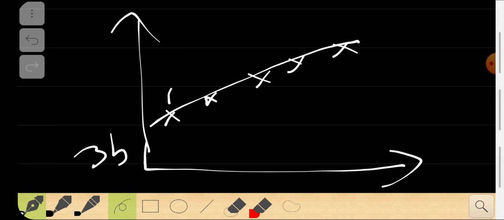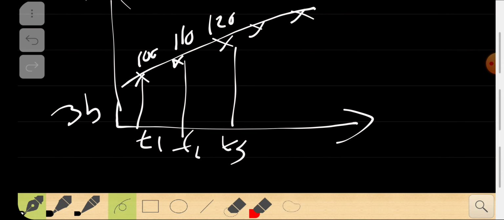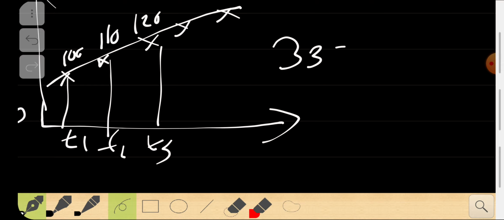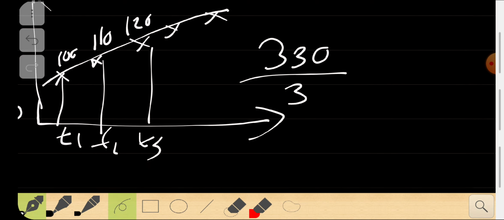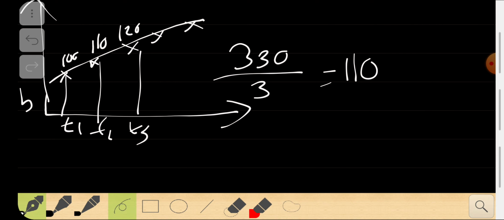If you say this is 100 meters per second, this is 110 meters per second, and 120 meters per second, then you can say that at t1, t2 and t3 you are at three different velocities. That means the distance that you have traveled is 330, that's the total, and the time taken is 3, right? So that's the displacement that you had, and you can say it's 110, which is the average velocity